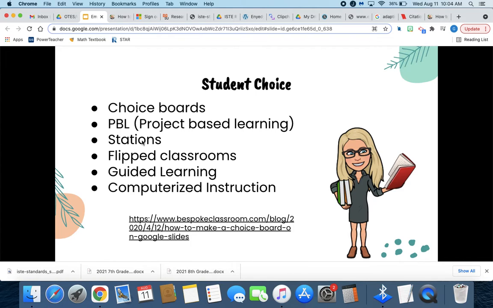Stations are another great way for students to show what they know. Or also for those who need additional support, it allows them to get that individualized time on certain topics. And also for students who need the additional challenge, they can be challenged while you're helping other students. So stations provide multiple learning opportunities for students on a wide range of skills that they have learned in a